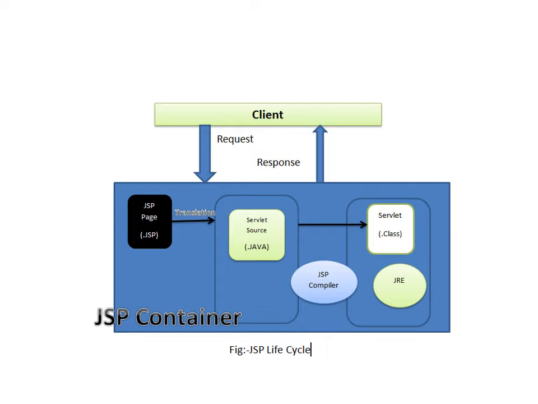So this is what we find here, a kind of the internal things which happen in the JSP container. So we have a JSP page, then we have a servlet, a JSP which is translated into a servlet, and your servlet is naturally converted into a .class file because you have a Java runtime system, right? So you find it here, JRE, which is the Java runtime engine, and your JSP compiler is also available. So this is how your JSP life cycle works, in the sense that your JSP page is converted into a servlet and compiled into a .class file.